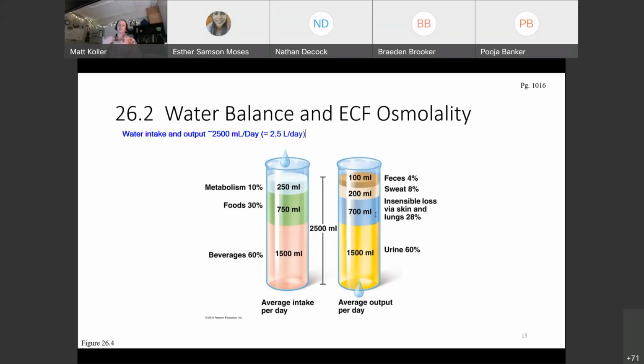Now, these are approximations, right? If you're going to say, well, I was reading about this ultra marathoner who ran 100 kilometers in a race, and that's an ultra marathon, 100 kilometers or more, this doesn't apply to them. They're going to lose more through sweating, but then it depends on the temperature, et cetera. This is just in general for the average person. We're not talking about your ice hockey player who's playing a game of hockey.